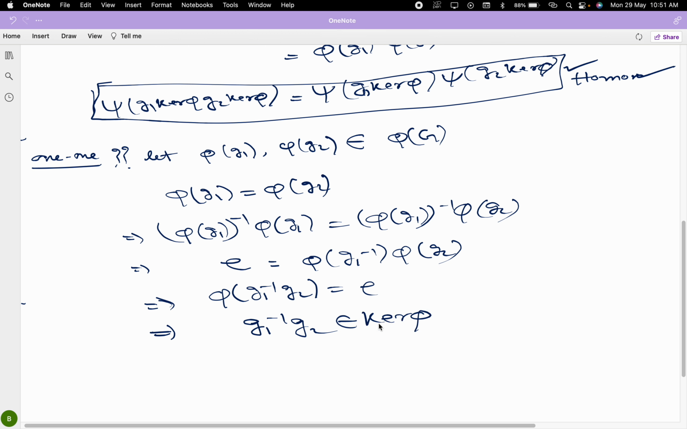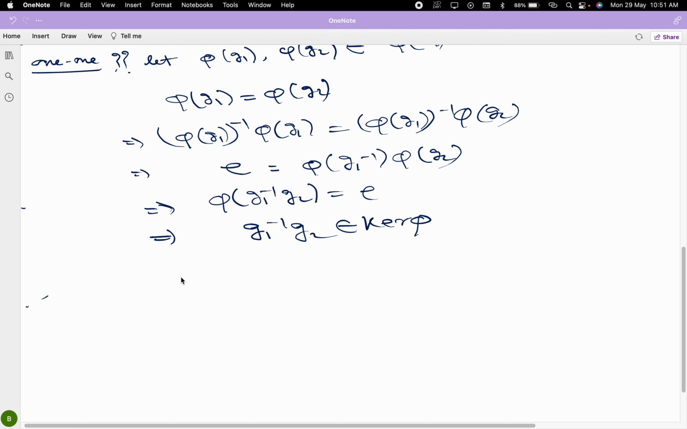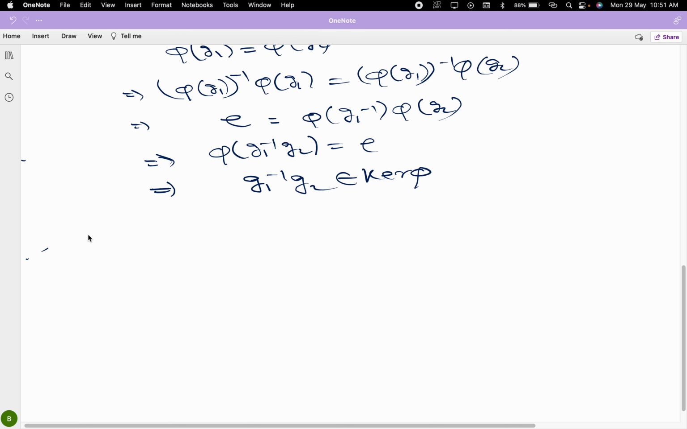Okay, because phi operating on g1 inverse g2 gives us the identity. So this means that g1 inverse g2 is a member of kernel phi, and in a coset property,